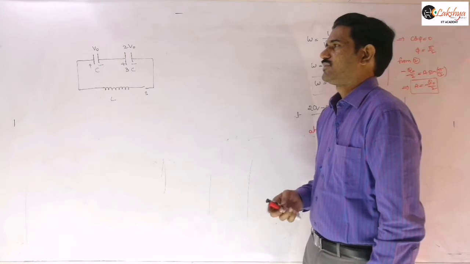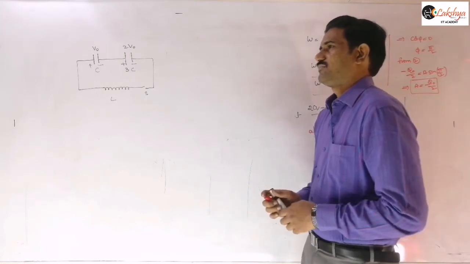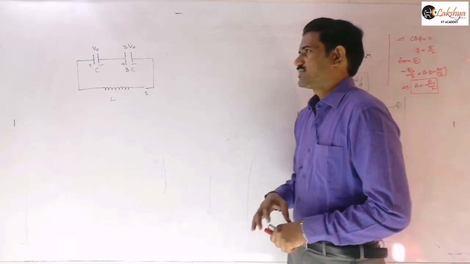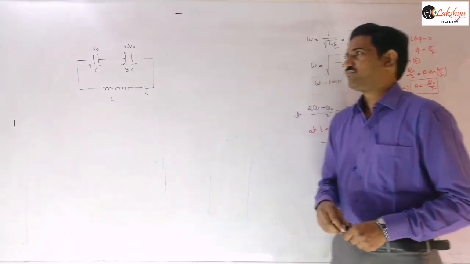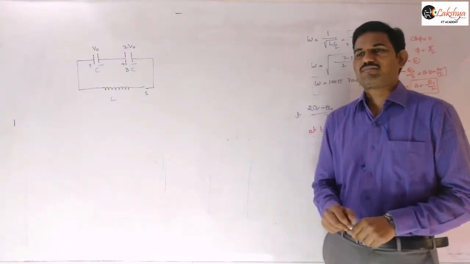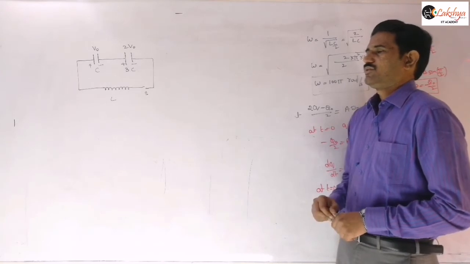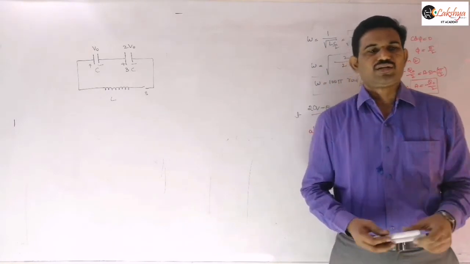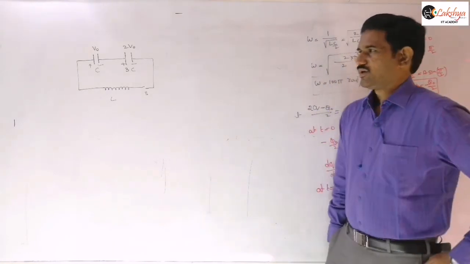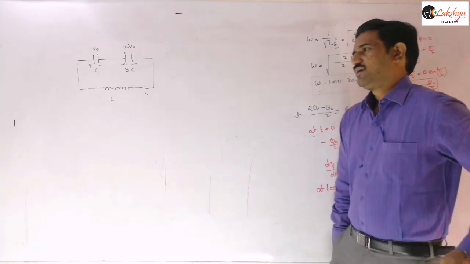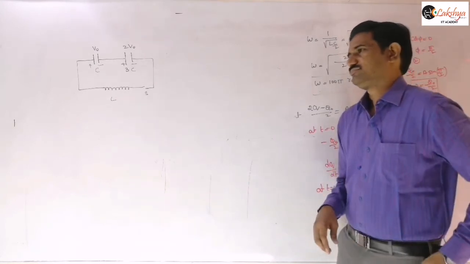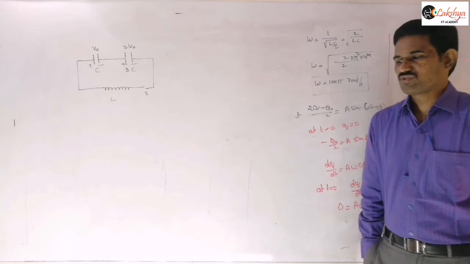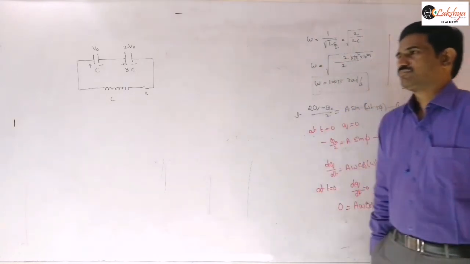So just mention that two capacitors of capacitance C and 3C are charged to a potential difference of V0 and 2V0 respectively. These two capacitors are connected in series to an inductor of inductance L as shown in the figure. If the switch is closed at t is equal to 0, then find